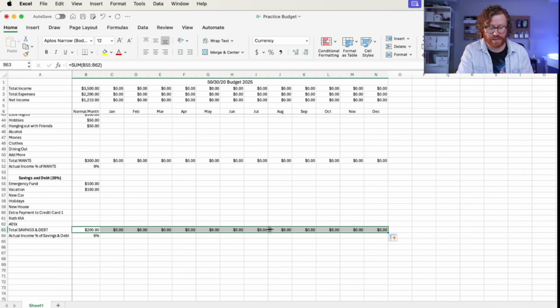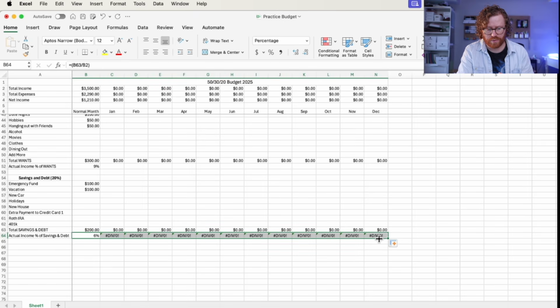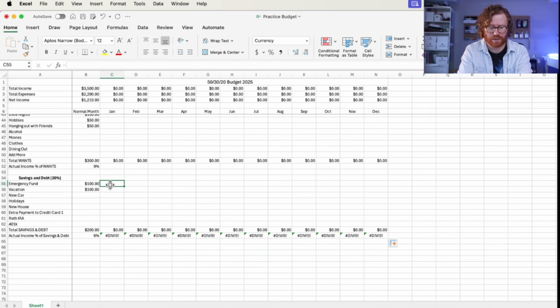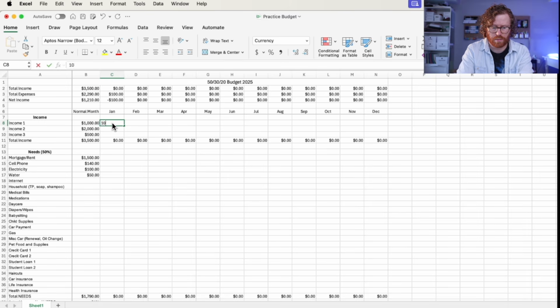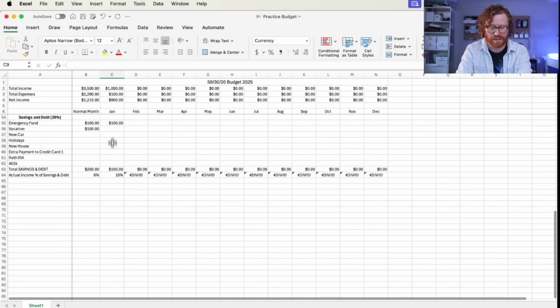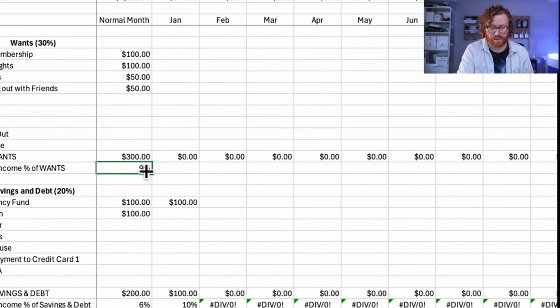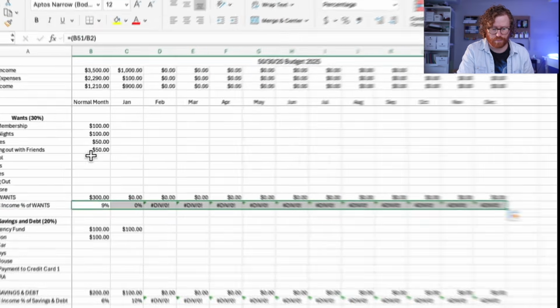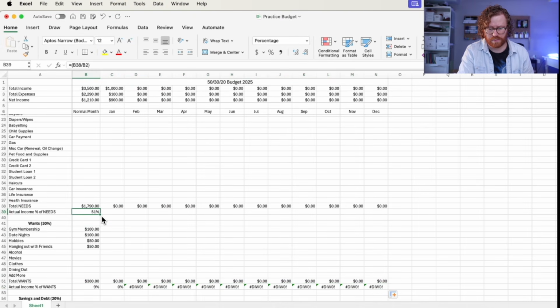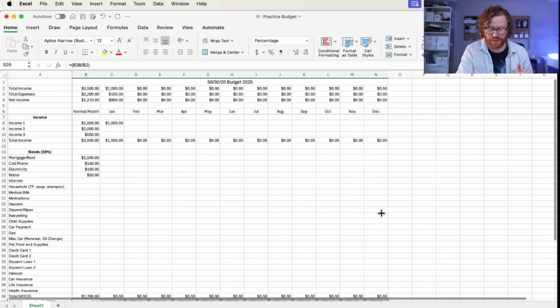And we're going to do the same thing for your percentage formula that we did. And it should hopefully do it as a percentage. We'll just double check here. It does do it as a percent, exactly how we wanted. We're going to do the same thing for our percentage of wants and percentage of needs. Let me just double check to make sure we've got all the formulas dragged over that we want. We absolutely do. And now your budget is honestly set up for calculating your income and expenses every single month